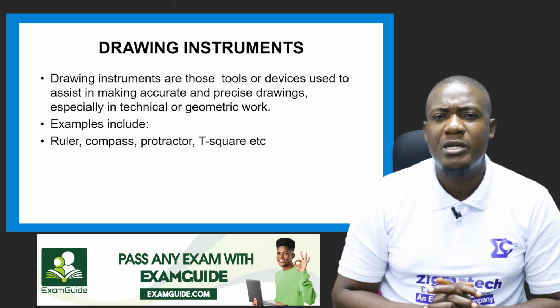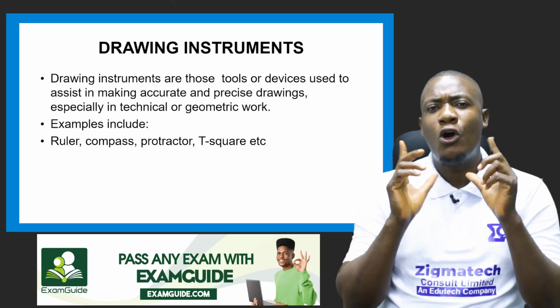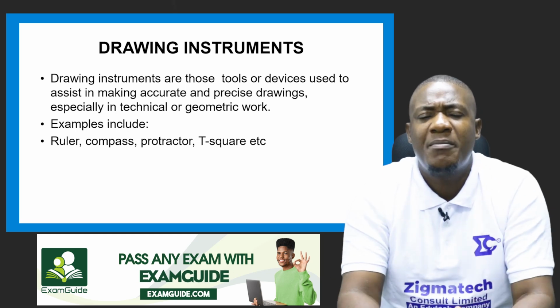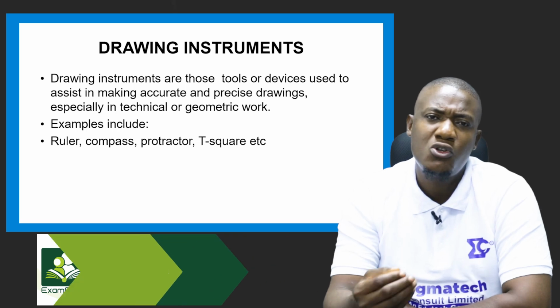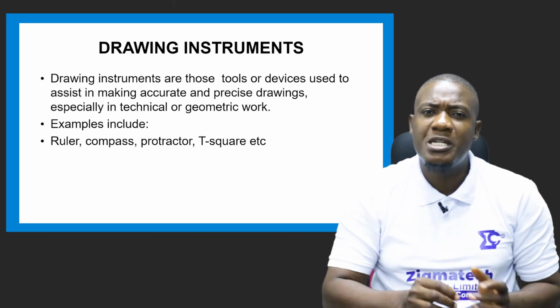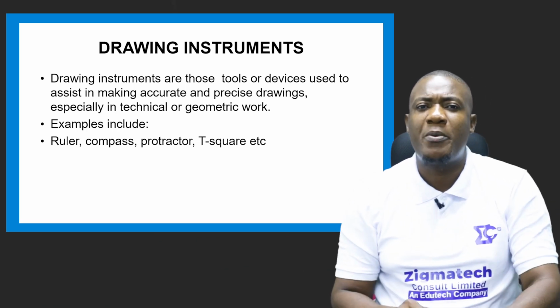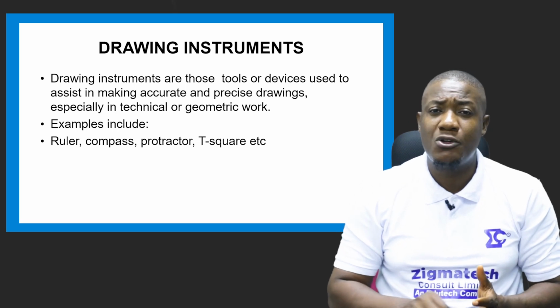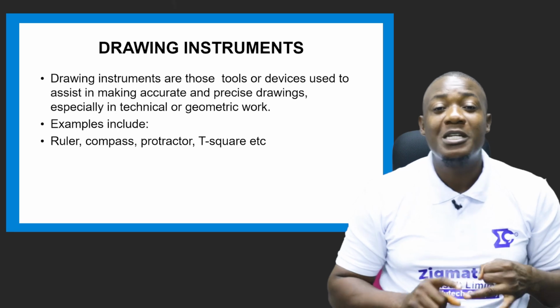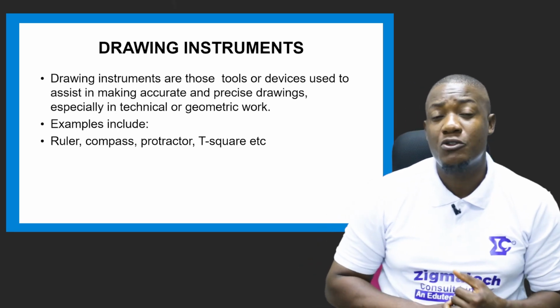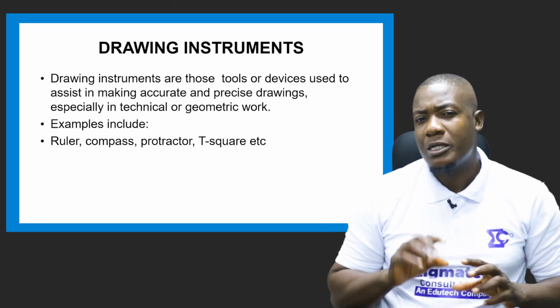We call them instruments. Or you can also look at them as those tools that are not used up during the drawing proper. When you are drawing, those instruments are not used up. For example, you cannot use up your ruler when you are drawing. The compass cannot be used up during technical drawing, right? So that way you can